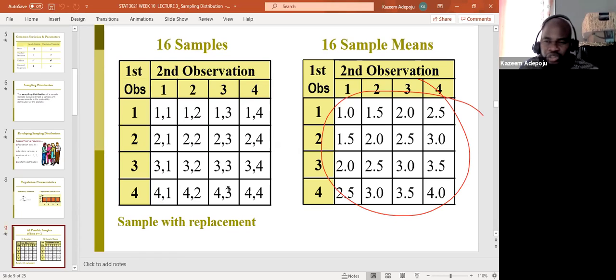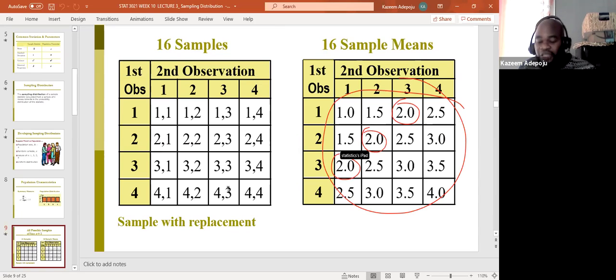Now what am I trying to showcase right here? I'm trying to showcase a situation whereby different investigators work on something and they are getting different results. Take a look at this. This is more or less like the result they have. Some have the same result. Look at 2, 2, 2. Can you see that now? That is a situation where some numbers are being repeated.